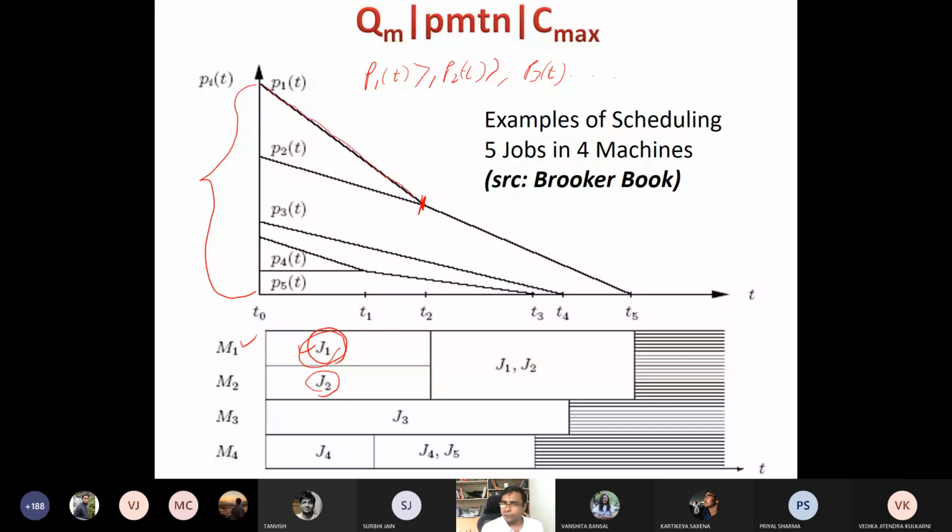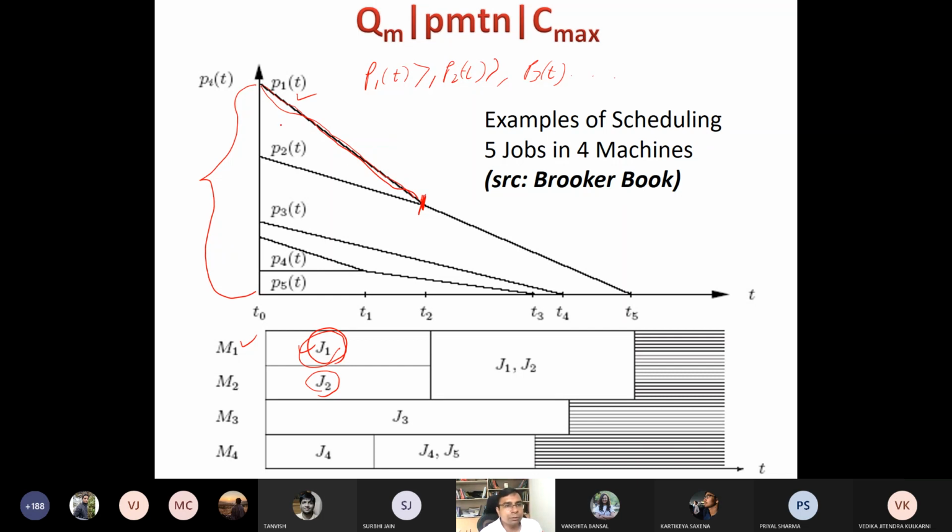because M1 is a faster machine, the effective execution time of job 1, the remaining execution time, decreases much faster. This shows the remaining execution time of job 1. So this is reducing, and for P2 it is reducing a little bit slowly. So at some point